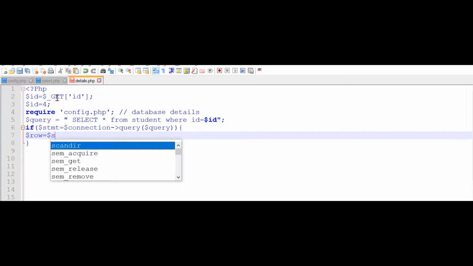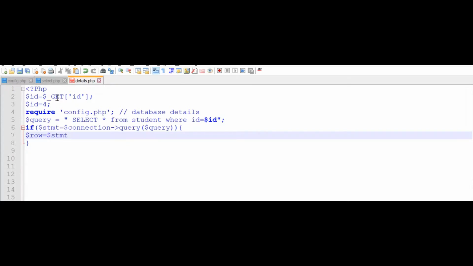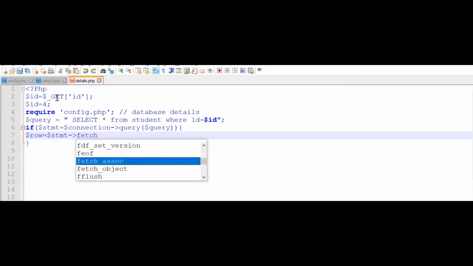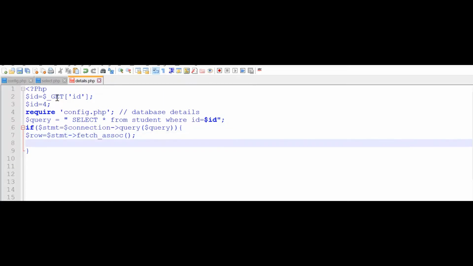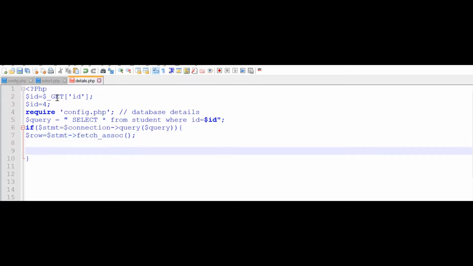Now I will use the fetch associate function. This function returns one row of data from the MySQL table, the student table. That's all. Now the row variable contains all the columns of the student record with ID 4. Now let me print it.